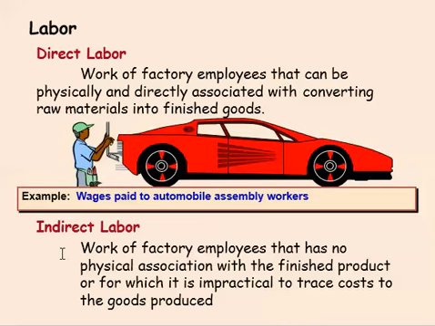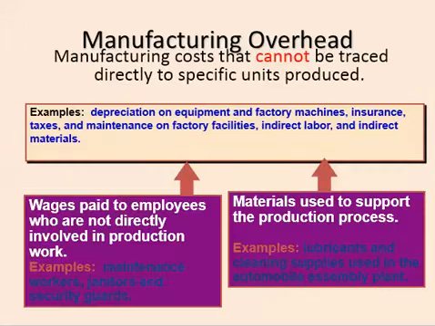Now, what about indirect labor? We have factory employees who have no physical association with the finished product, or for which it's impractical to trace those costs. A good example would be maintenance. Often you'll have maintenance people working in a factory who may work on equipment for multiple products, and it's very difficult or even impractical to track their labor as it relates to a specific product. It might be possible, it's just not practical, so we don't bother and we'll throw that in. Now, indirect labor is also part of